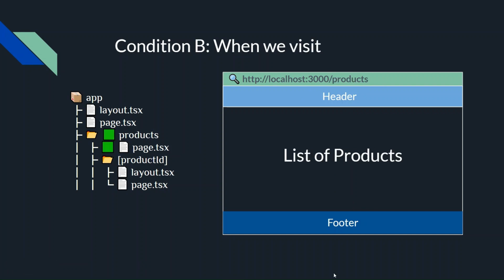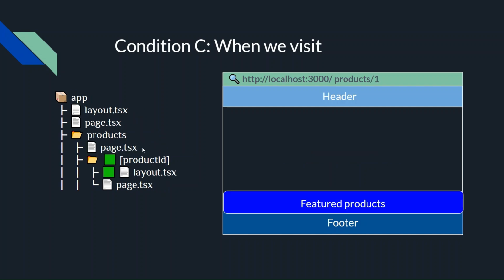Now when we visit localhost 3000/product, the header, footer and the list of products are shown, and on the left hand side your product folder with the page.tsx inside it will be activated and visible on the browser screen. And when you visit localhost/product/1, then your featured product will be activated as layout.tsx,